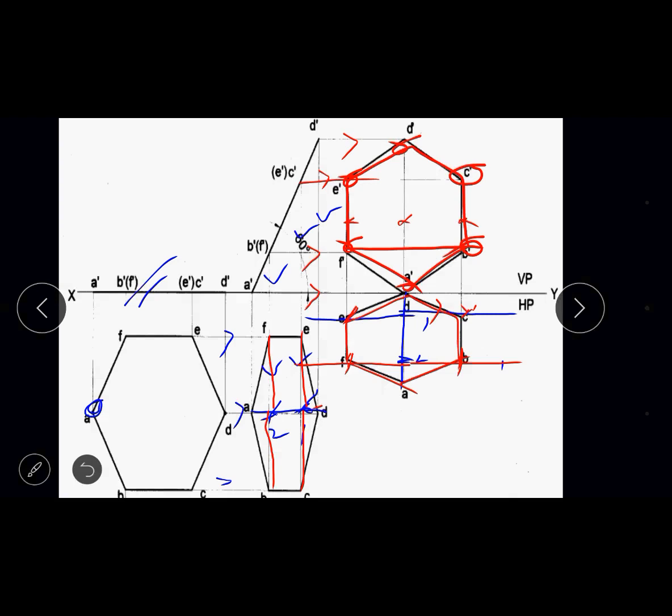Unless you start touching this, on the plate or on the graph sheet, you will not come to know the difficulties. You will come across difficulties only if you start doing it. Once you start doing, a lot of difficulties will be faced initially, so you have to try to solve those difficulties. Initially you may find it difficult, but at the end of the chapter or the subject you will feel it is easy. It's a very scoring subject. You can easily score more than 90 marks in this subject compared to other subjects.